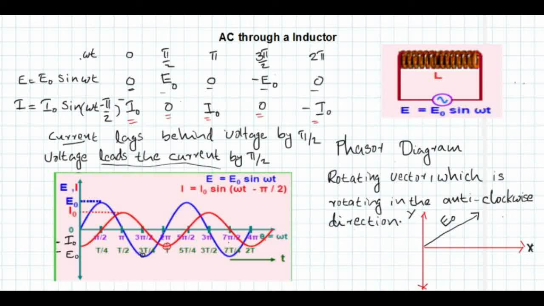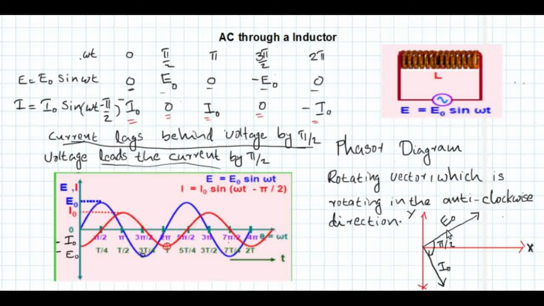Then what about the current? Current lags behind the voltage by pi by 2. Now we can draw another vector for current such that it is following this voltage by pi by 2, right? So if this EMF is going like this, there should be a difference of pi by 2 with the current, or the current is following the E0 with a phase difference of pi by 2. That means we can draw a vector for current with a phase difference of pi by 2 behind the EMF. So now this represents I0.